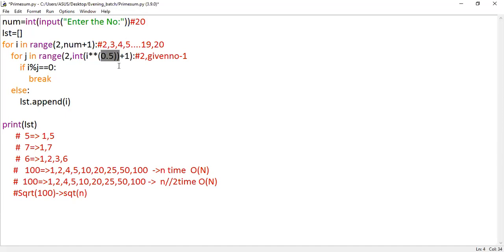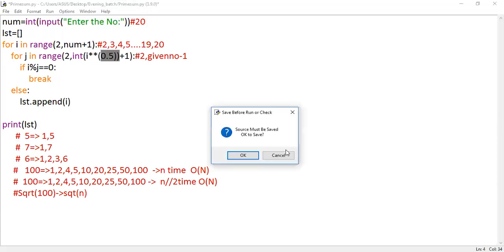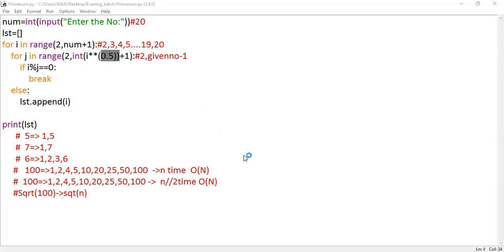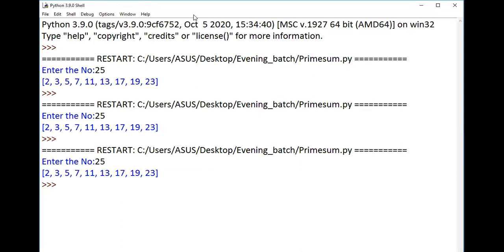So whatever the range might be, if it is 10 to the power of 8, then only the square root of 10 to the power of 8 times you are going to execute it to find the particular number, right? So you can just go ahead. Even now, when executed, you can notice that output-wise there are no changes at all. Same output. The only difference is in execution time. Here we are executing with a small number, right? So when you go with a huge number, it may vary, guys. Okay, so this is done.